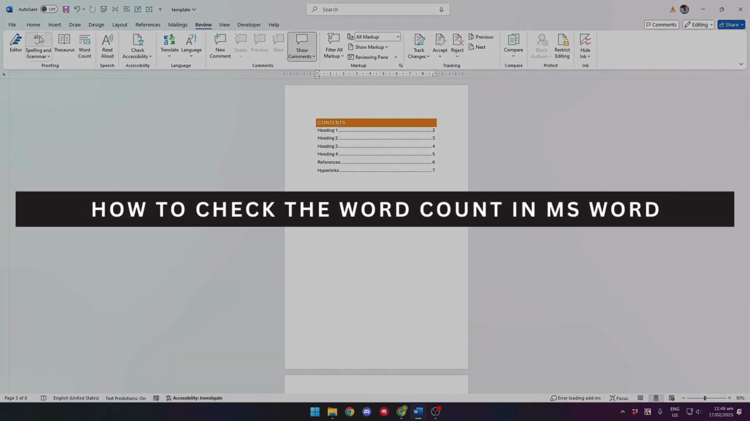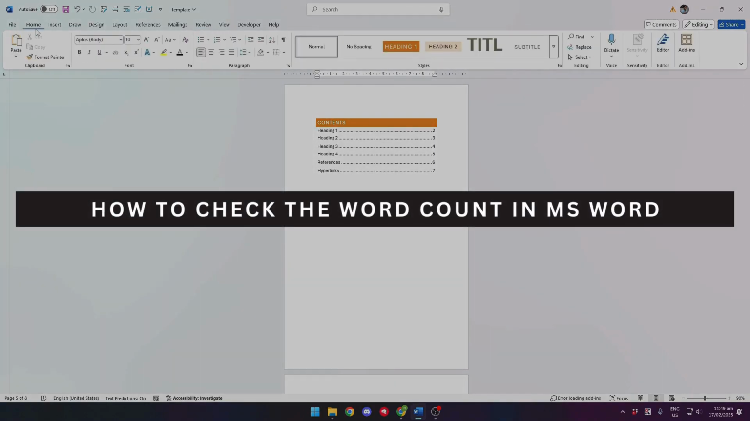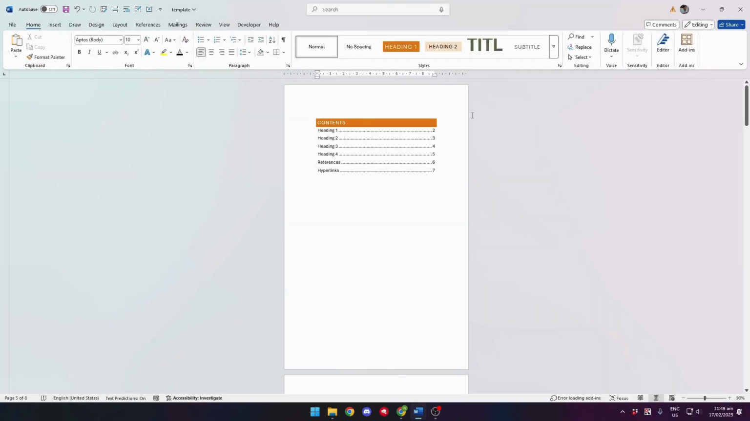Let's see how to check the word count in Microsoft Word. So first off, we want to open Microsoft Word. And as you can see right here, we have our document ready. Now, let's say that you want to check the amount of words and the amount of characters inside of your